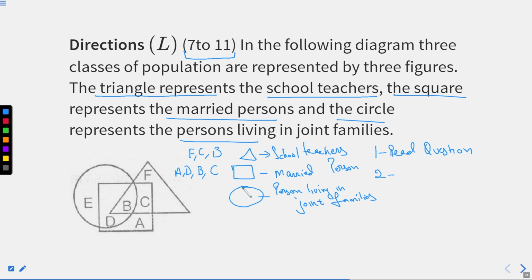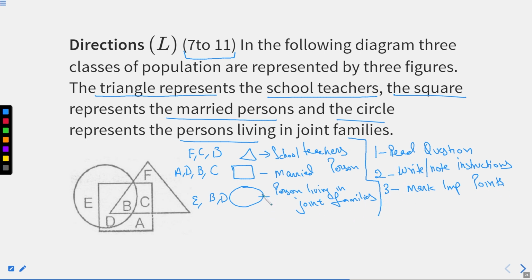You can figure out these things now because now we are at the 7th question, right? And a circle represents people living in joint family. So how many are there? E, B and D. Now as soon as you are able to finish this part, the second part is to write or note instructions. Third, mark important points. There are 3 steps till now that we have followed, right?